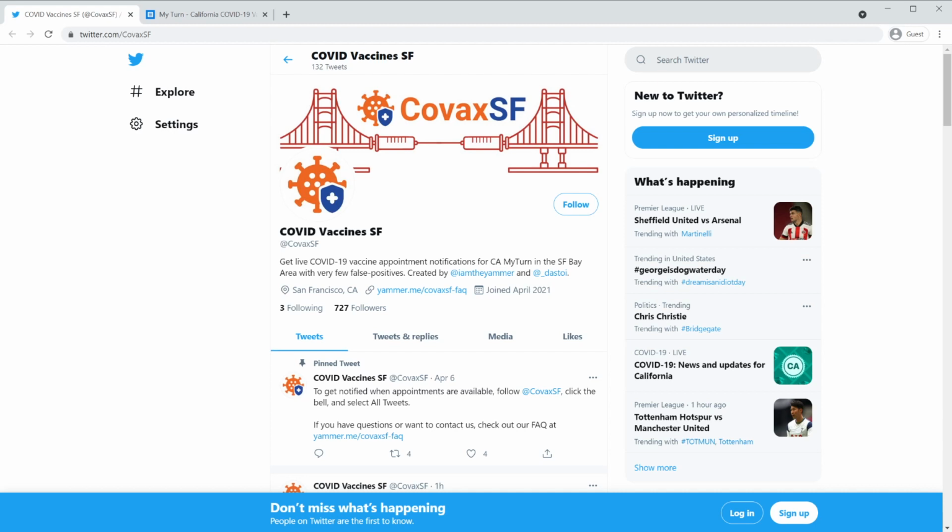So, the first thing that you'll want to do is go on Twitter, twitter.com/CovaxSF, and create an account, follow the bot. There'll be a little bell icon right here. Go ahead, click on that, and click on all tweets. And that way you will get a notification anytime the bot tweets, and it only tweets when there are vaccines